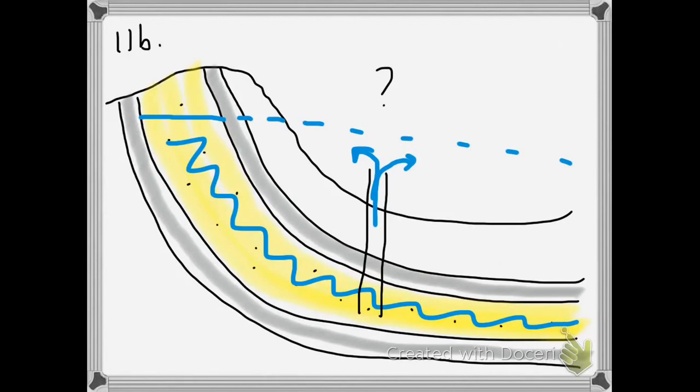And is this an artesian well? Yes. Is it flowing or non-flowing? Okay, this is a flowing artesian well. Now in this one, the water only goes to this point, so I have to pump the rest of it out. So is this a flowing or non-flowing artesian well? And it's a non-flowing artesian well, and it still is an artesian well because the water level could potentially rise in the aquifer above the level of the well and cause the well to go from non-flowing to flowing. And also it's sunk into a confined aquifer,